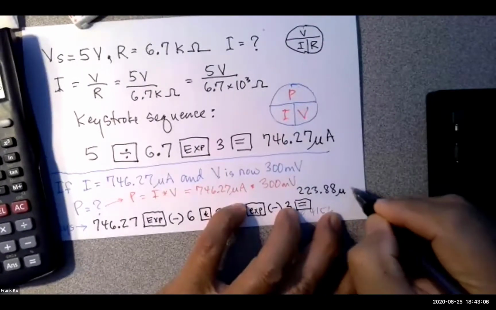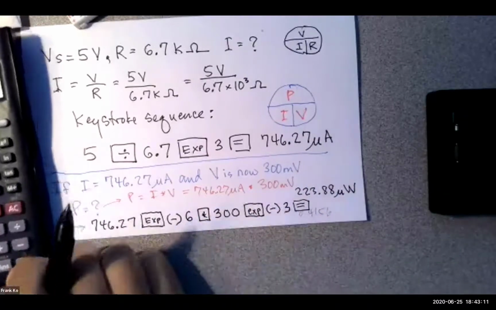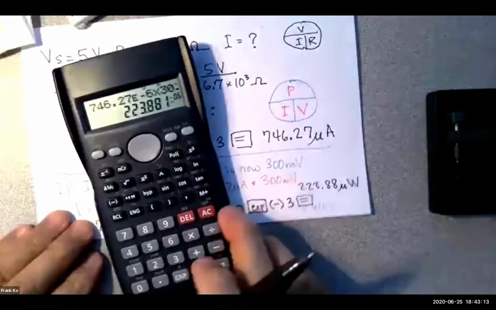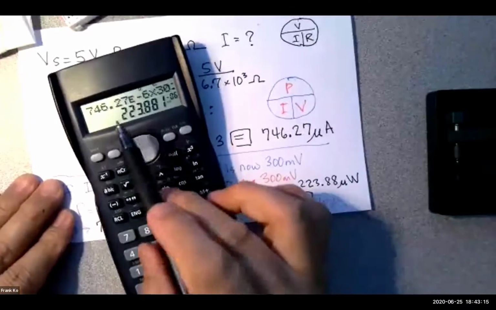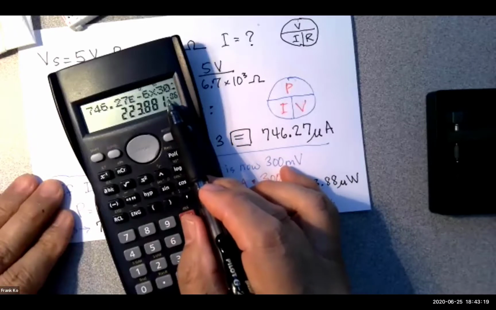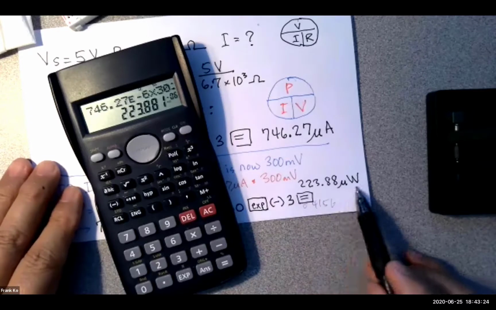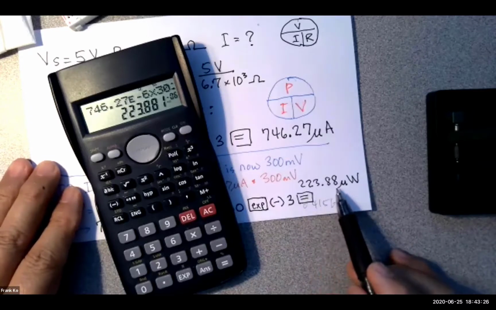Micro, correct, and watts is a capital W. Okay, and if I bring this back into view, you should be able to see 223.881 with a 10 power -06. And we would write that answer as shown here, 223.88